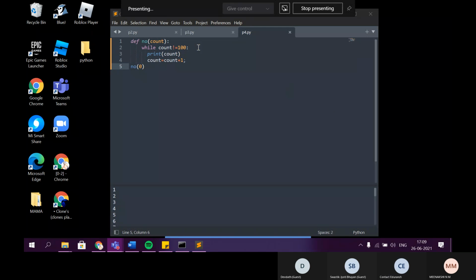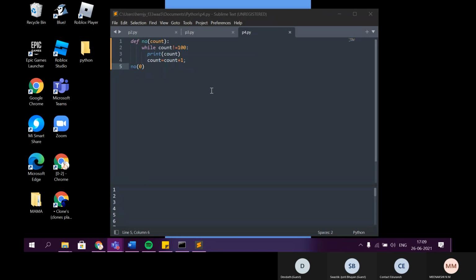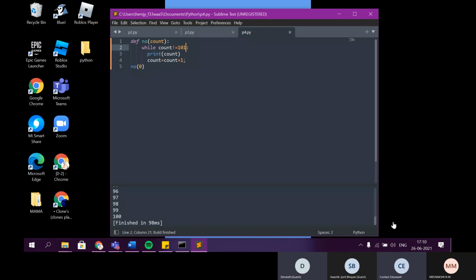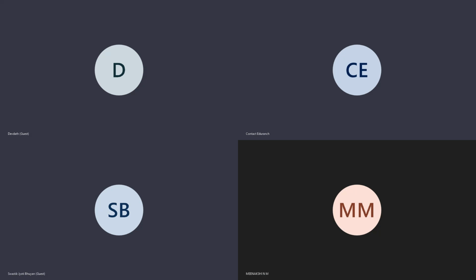You are calling a function. Okay, nice. It is printing up to 100? No, it will print till 99. So if I make it 101, it will print. Oh, okay. Nice. This is also another way of writing it. Excellent. Good, Meenakshi.